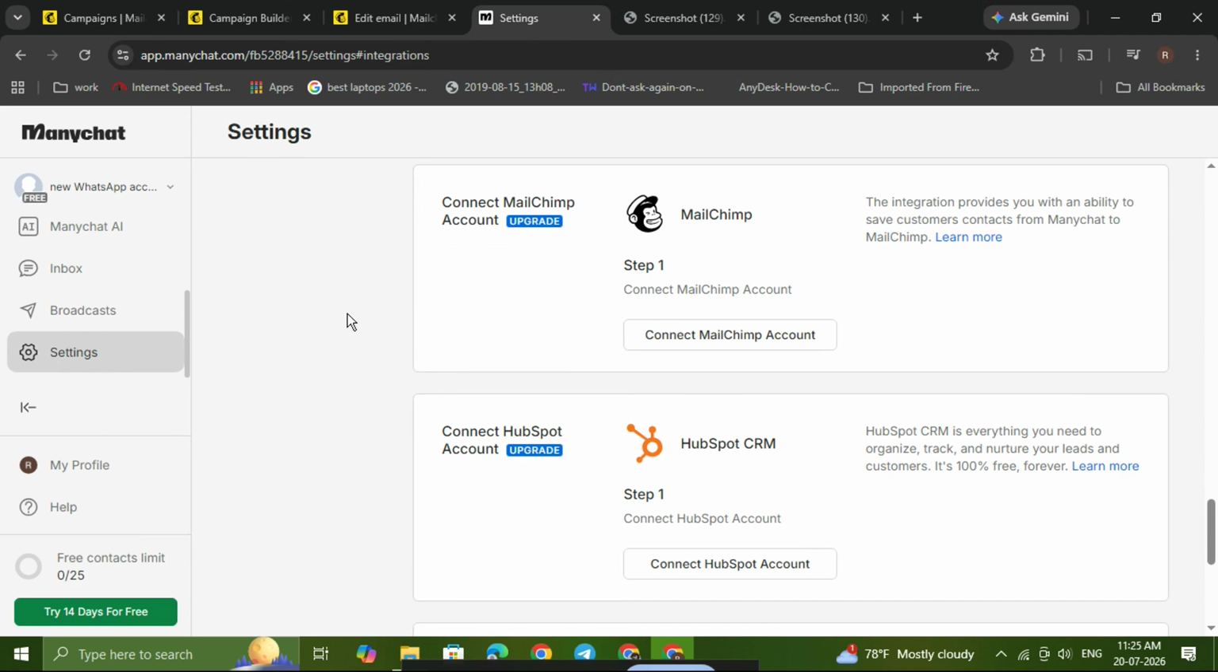This can save you a lot of time if you're building lead magnets, running chatbot campaigns, or sending contacts into